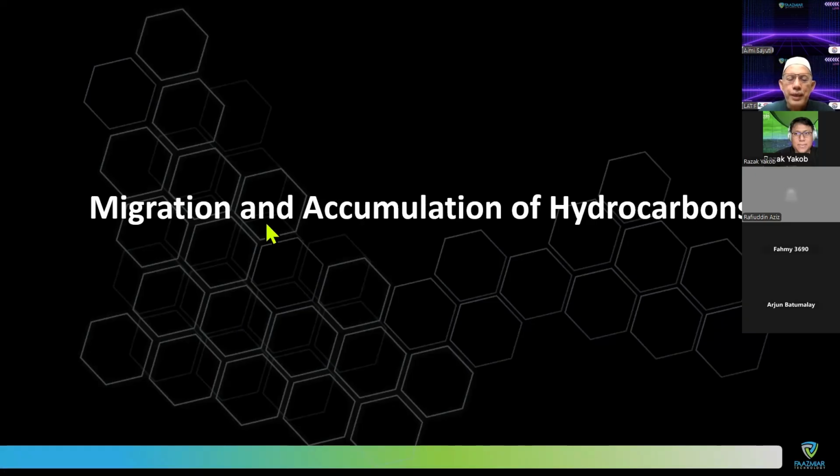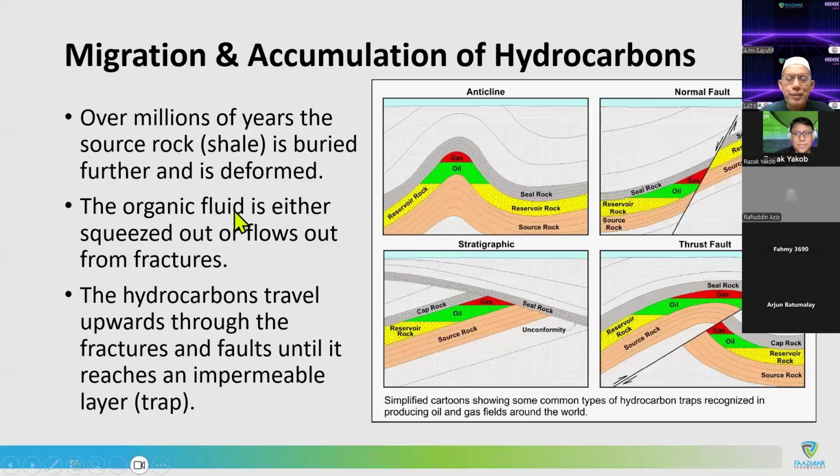Okay, so migration and accumulation of hydrocarbon is another interesting topic. We're talking about the migration of hydrocarbon. You see that we have the source rock, where the organic material is trapped, and then the process of pressure and temperature will extract some hydrocarbon from the organic material, and we store hydrocarbon in this source rock. So all this source rock here is the origin of hydrocarbon. It will be there, and then nothing happens.